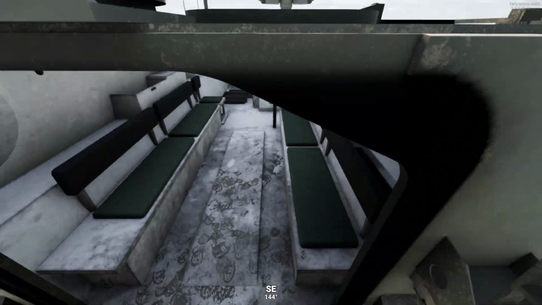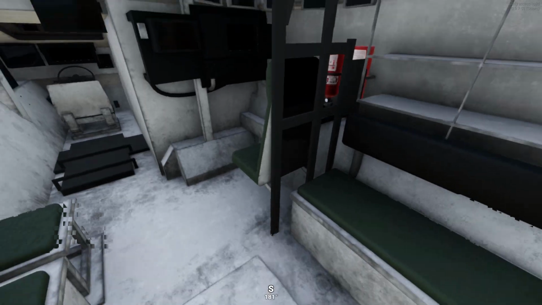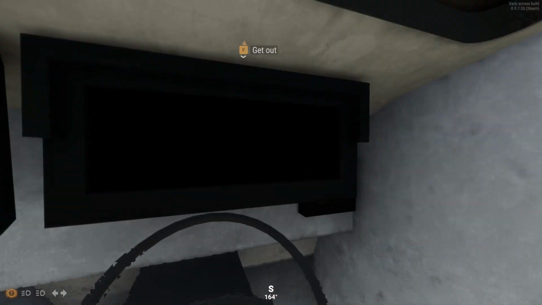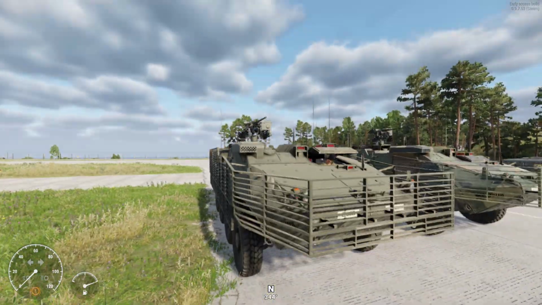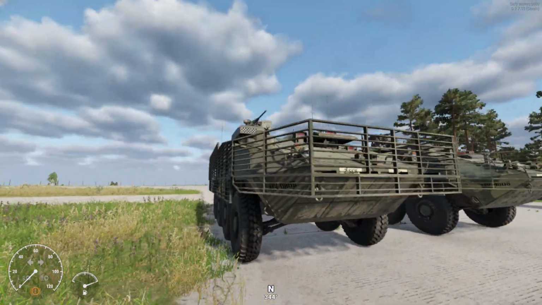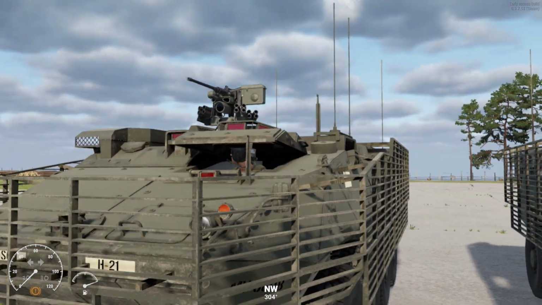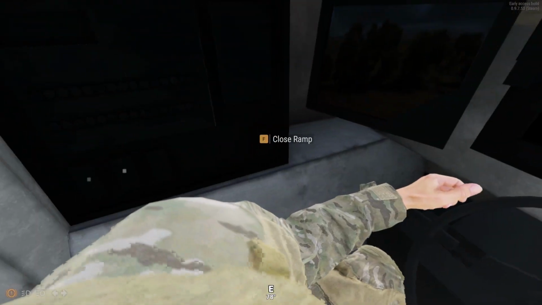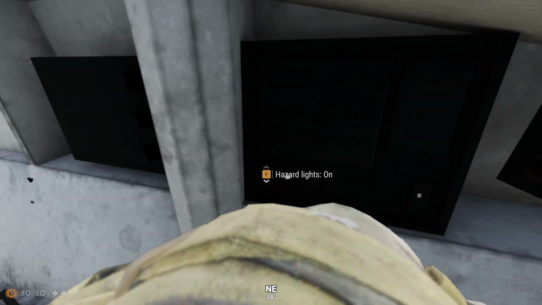There we go. And then I can get that gunner seat for you guys. I'll show you the hatch. So this is the hatch popped up, like I was saying. You can see your little player right there with the hatch popped open, which is super awesome. And you can close the ramp from the inside as well, which is super sweet. So it adds a lot of